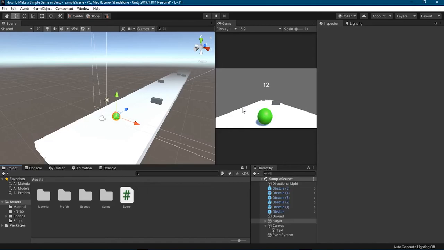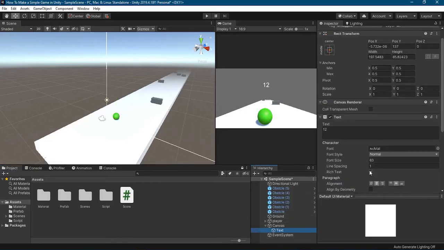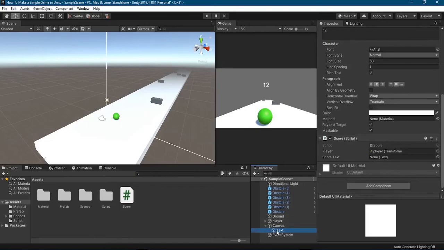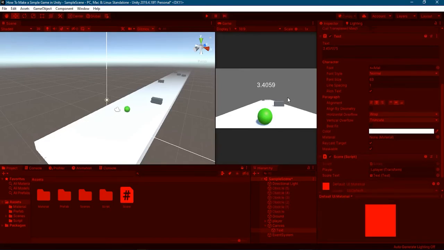Go back to Unity, and then selecting our text, and we will grab our text to here, and if we hit play, as you can see right here, it's counting our Z values or Z position, the values, and still working. So if we start the gameplay,